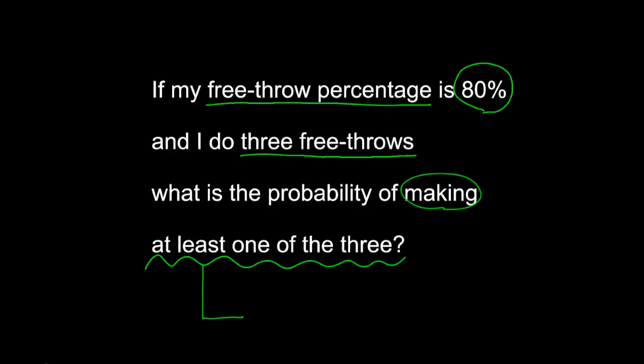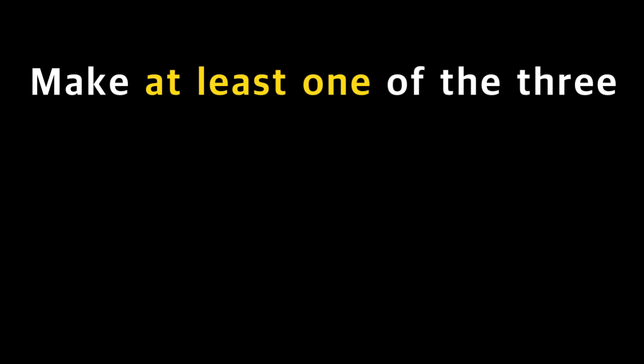Now, there are many possibilities of making at least one of the 3. I'm going to show you a long way to solve this problem first. I'm doing 3 free throws: 1, 2, and 3. When we say make at least one of the 3, I could just make one of